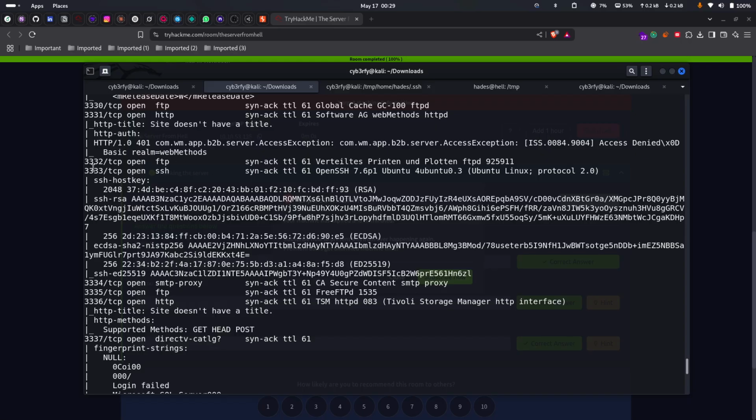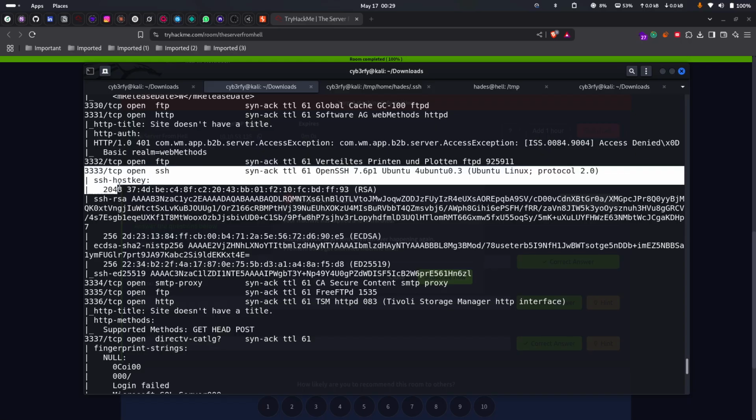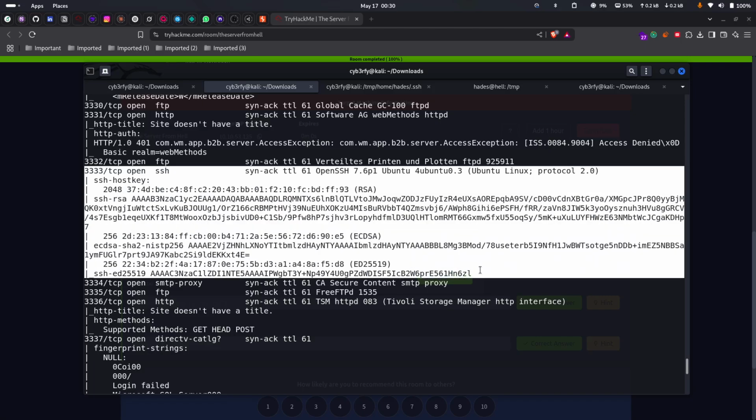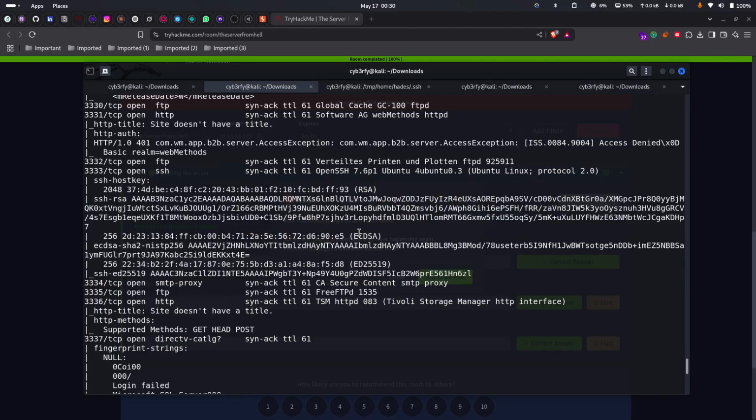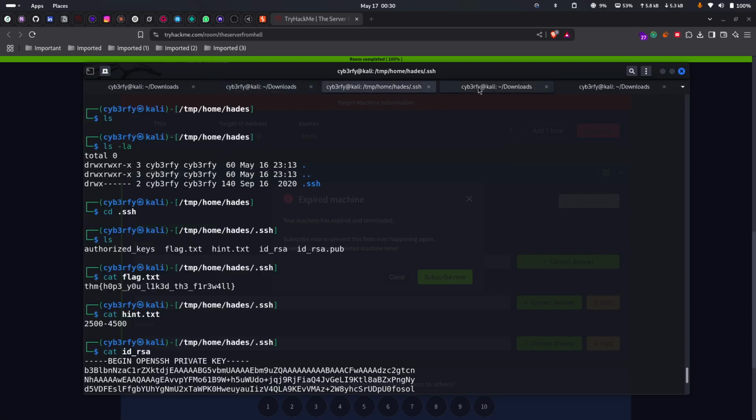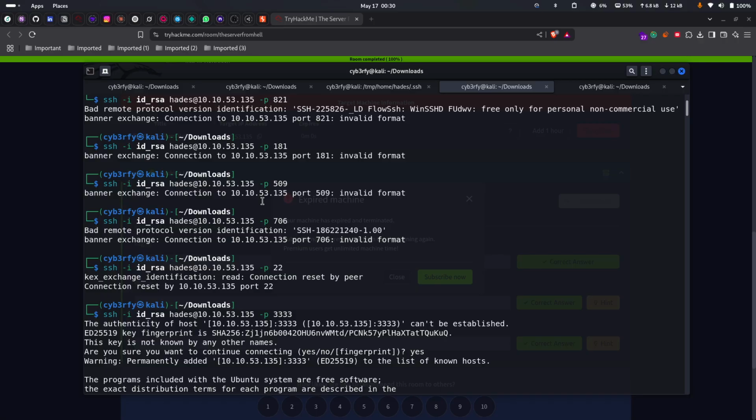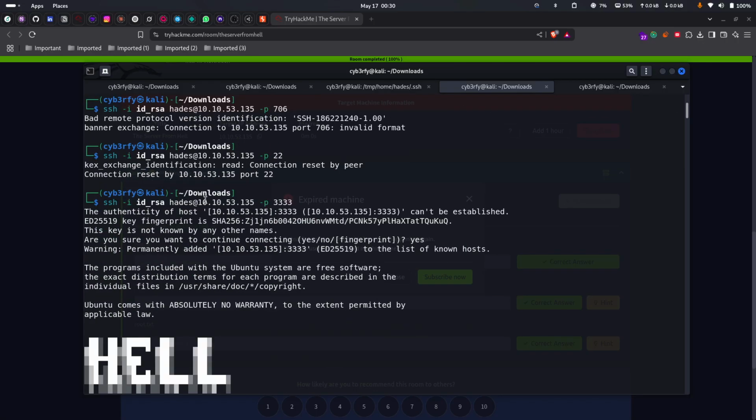Okay, so here you can see how an actual SSH port looks like. It provides you the host key, the version, and the OpenSSH version and all things. When I log in through this port, that is 3333, I actually got access to the